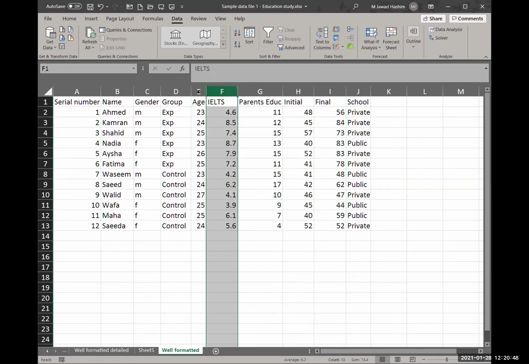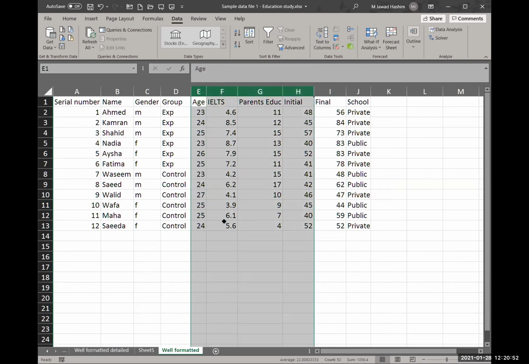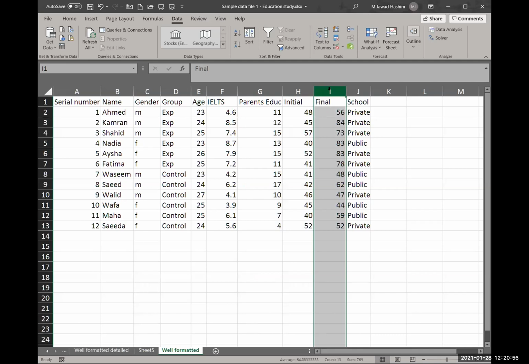So these are my predictor variables. They are now together next to each other, and I have the final outcome measure in a separate column. So now I can do regression analysis. Again, I'll click on data analysis,